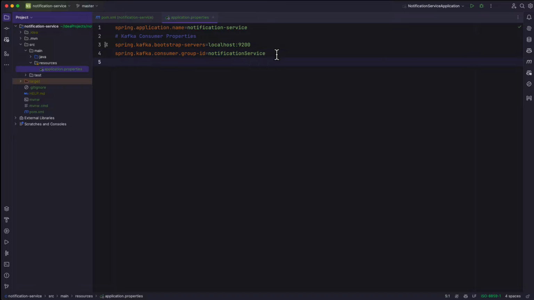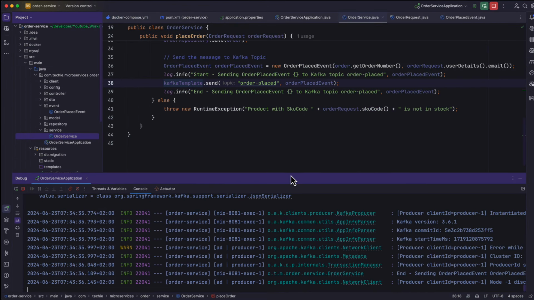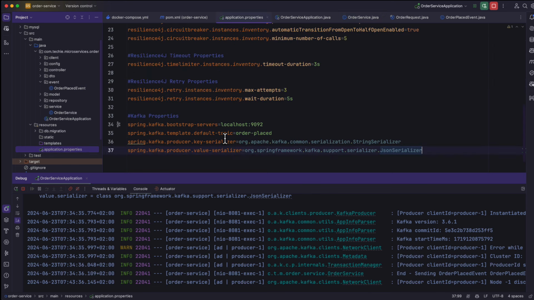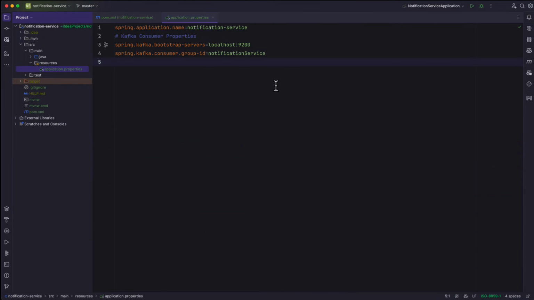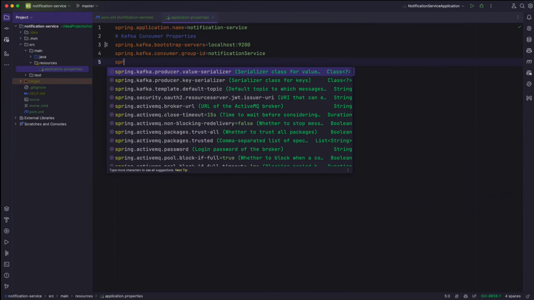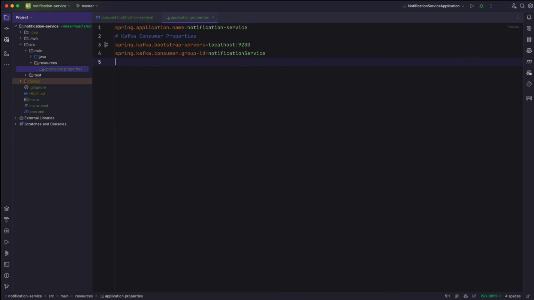And the next property we have to define is going to be the deserializer. So a while back we defined the serializer for key and value while producing the message to Kafka, right? In the same way, we also have to inform Kafka how you want to deserialize this information from the topic. So for that, we also need to go back to the notification service. And here I'm going to type in the property